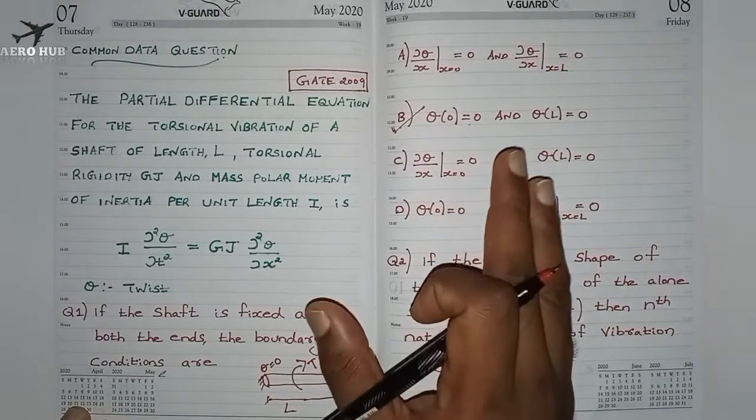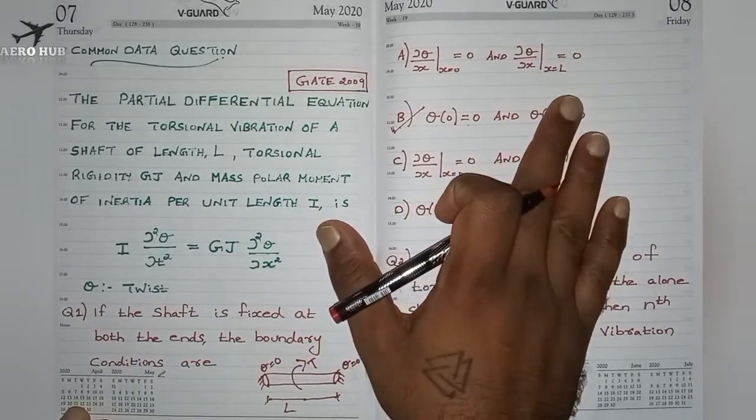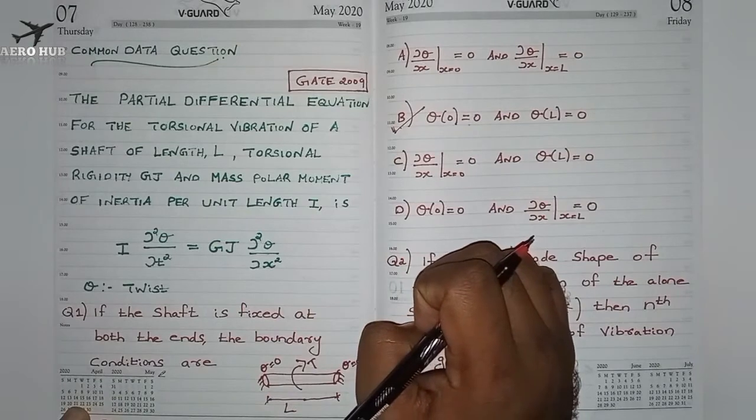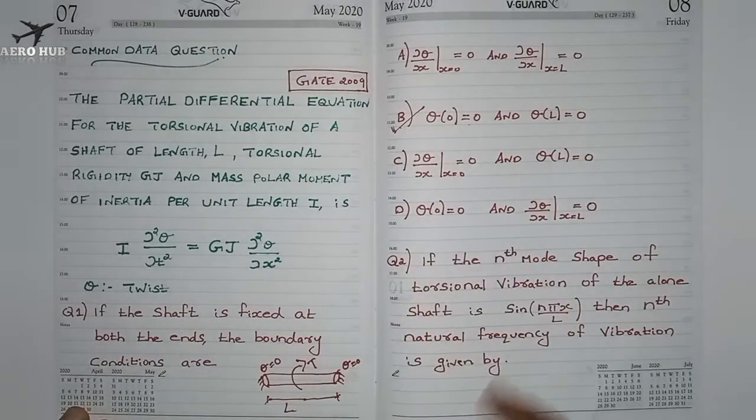So the only thing is you have to understand that we have to substitute the value of boundary condition in the general solution, and from that we have to derive the equation for natural frequency. We will do that now. Okay,